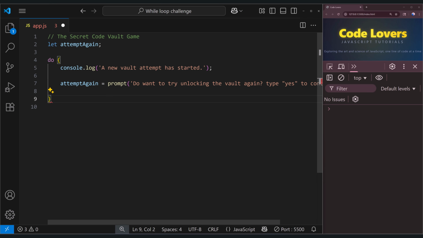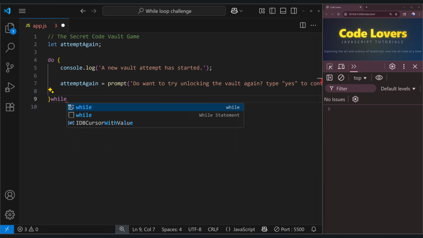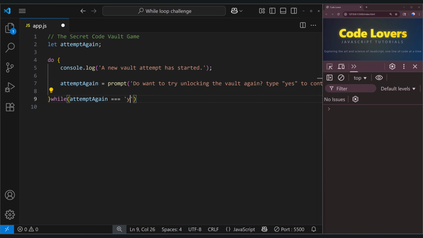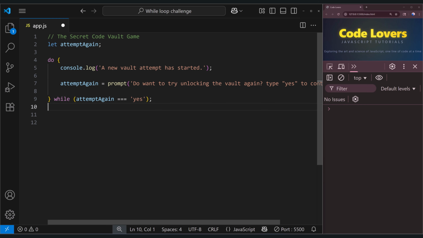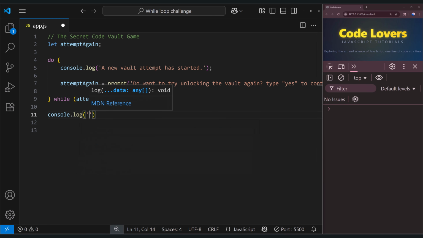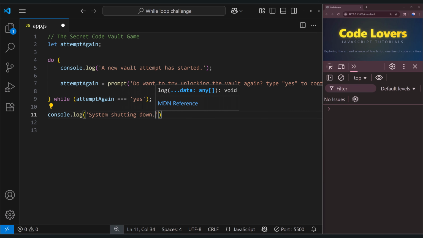And after the last curly, I write my while. So while (attemptAgain === yes), strict equality operator, semicolon, and console.log('System shutting down.');